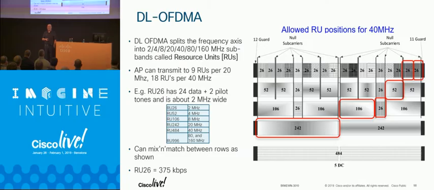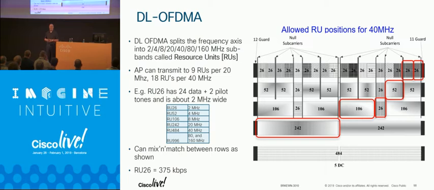How does OFDMA work, and what are we actually getting in the first release? If you take a look at the frame structure, it's broken into RUs, which are resource units. So we've got these subcarriers, which are 2 megahertz wide, and we can group these, double them to 52s, 106s, 242s in a 40 megahertz frame. We can get up to 484, right? So this gives us the ability to pick and choose what fits into what and put this together. So obviously a scheduler is going to be really, really important here, okay?